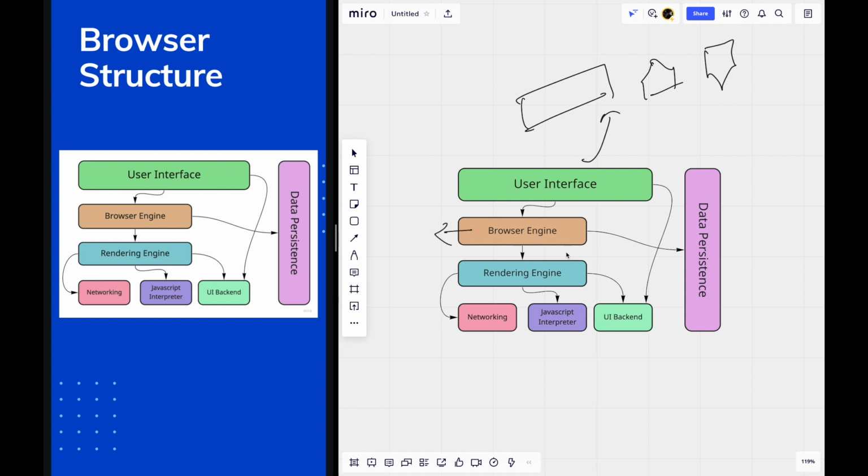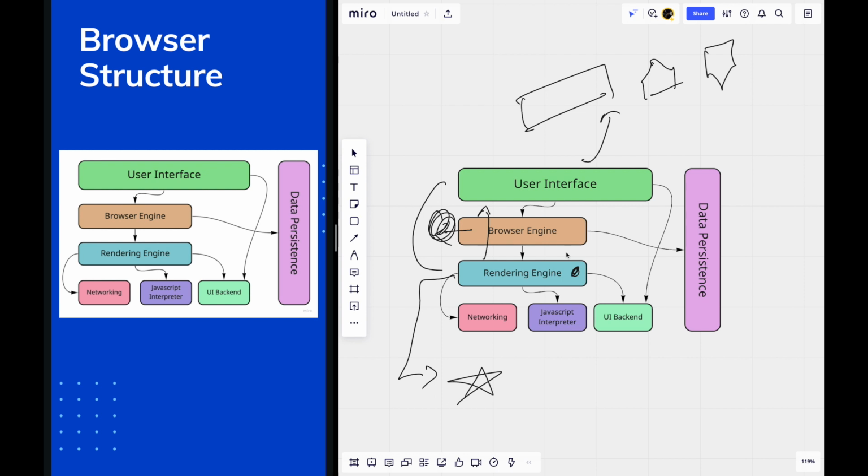Now browser engine acts as a bridge between the rendering engine and the user interface. All the actions that render engine has to take must go through the browser engine towards the user interface. So this acts as a bridge between the user interface and the rendering engine. The next component is render engine, and this is our most important part. This is the elephant in the room. This is solely responsible for HTML parsing, XML parsing, the layout process, and painting the UI on the screen. So today we are going to focus on this render engine very much.